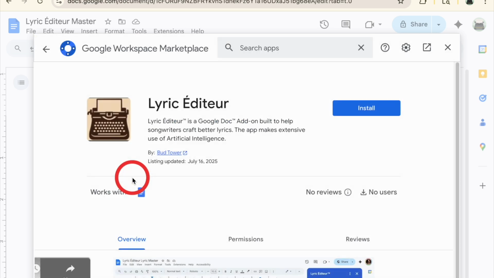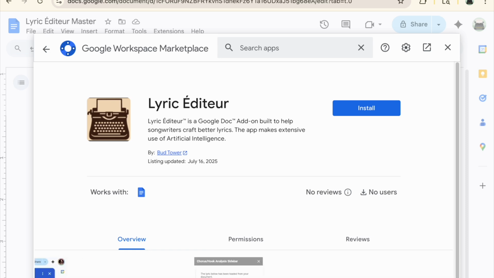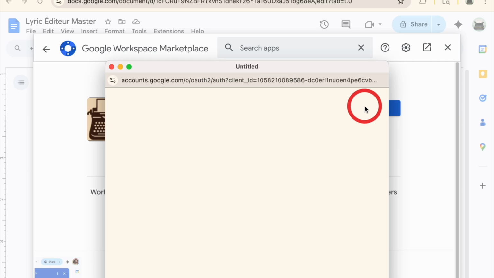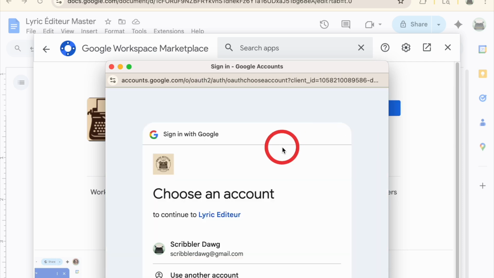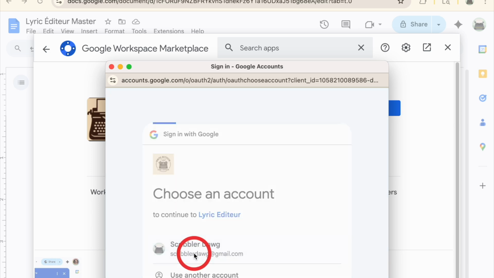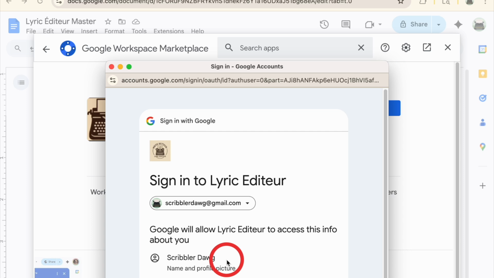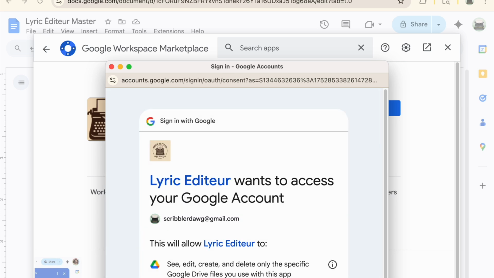So click on this, and it gives you a little bit of information. These are some screenshots. So you click to install. It's going to bring up a series of what are called consent screens. The first one will have your Gmail account. You want to click on that. It tells you it's going to give access to information about your name and profile picture and email address. Continue. This add-on has been verified by Google,